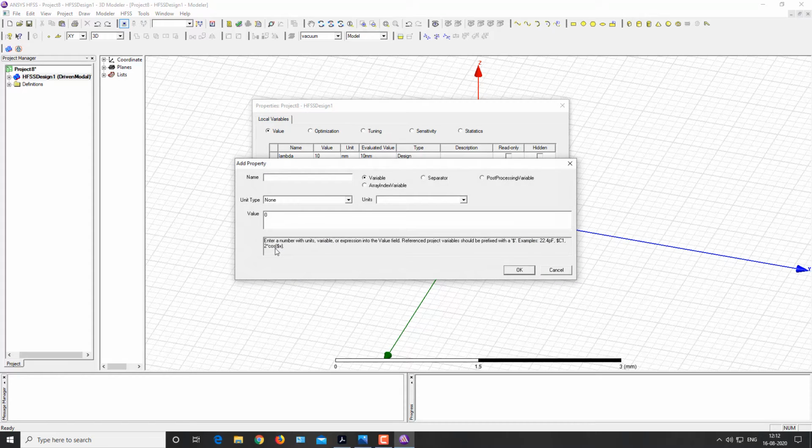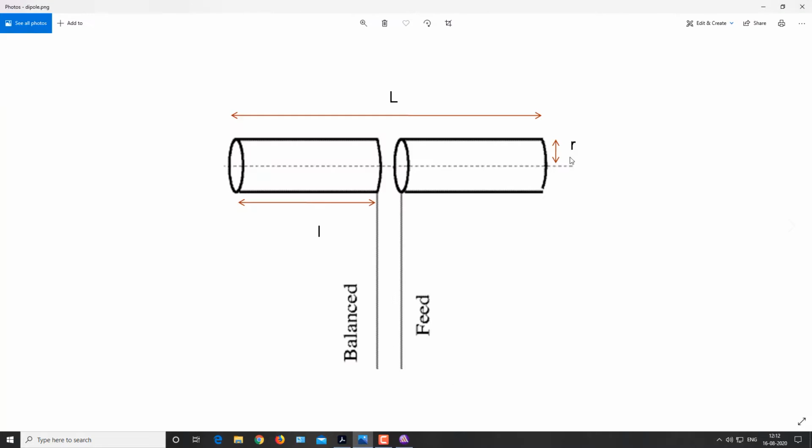Now I'm going to define the radius of the dipole, which is the radius of one element of the dipole.